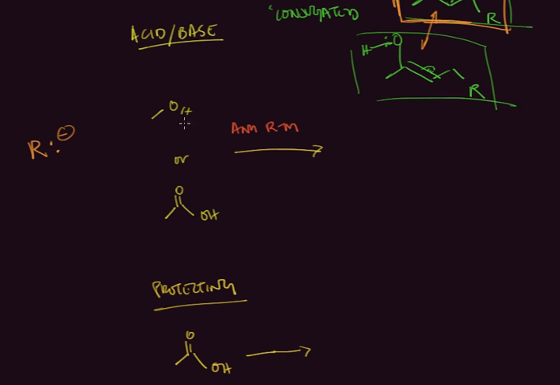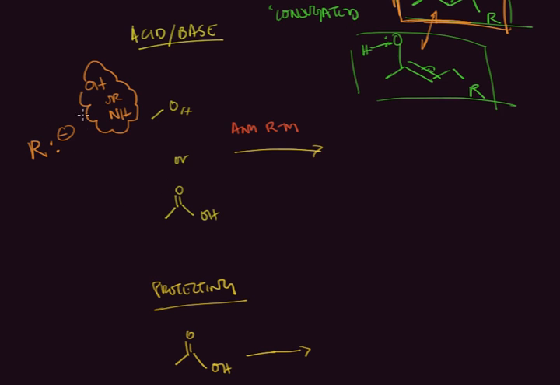It doesn't take a very acidic hydrogen for this really strong nucleophilic base of an R group to pull it off. And so if you have an OH or NH present on the compound that you're using this reagent on,